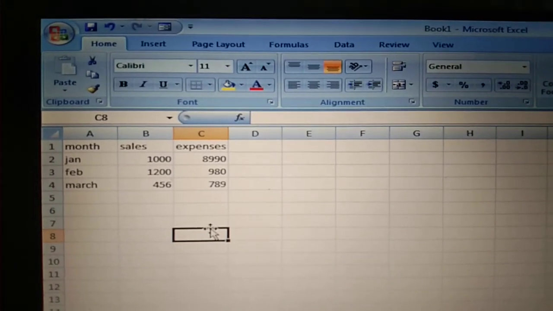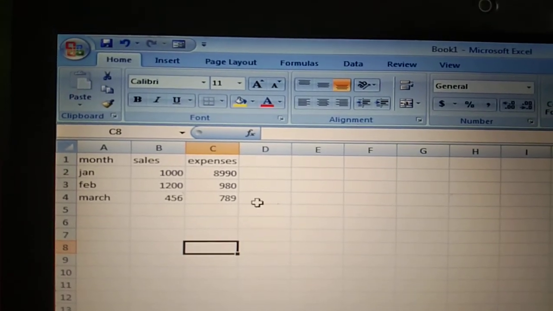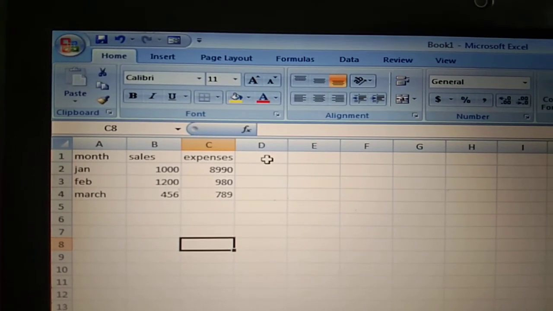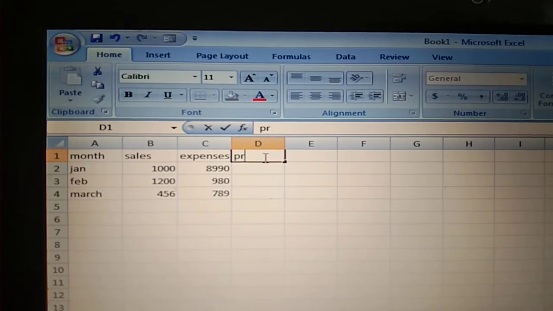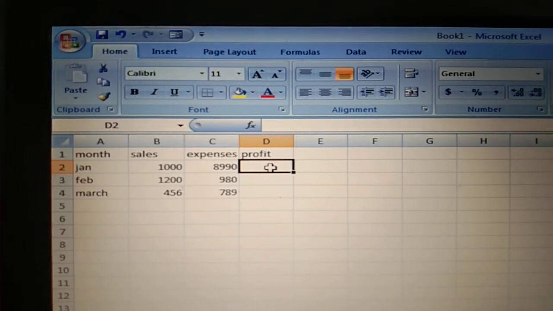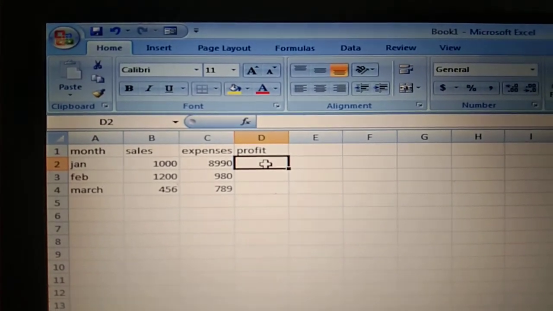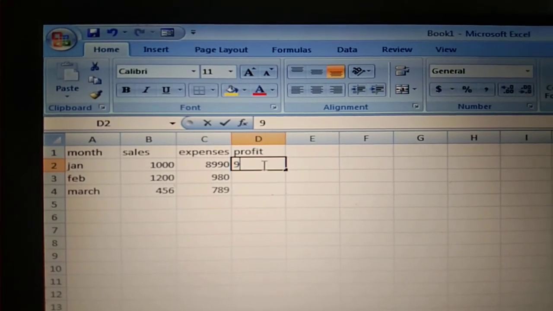Now class, our next topic is how we can edit data in MS Excel. If I want to enter data here, I simply click on this cell, then write in the cell. Here I have to write Profit. Then I enter the data that occurred in the month of Jan regarding profit, like 900.